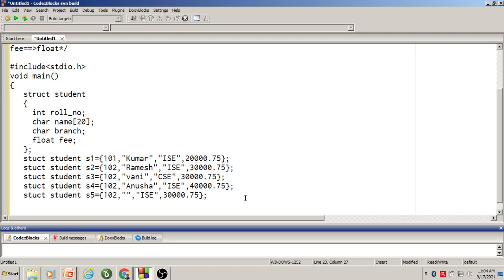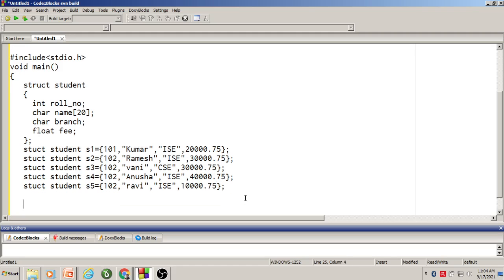The name is say Ravi, and the fees 10,000. So we have created a structure to collect this information, and 5 students' information I would like to collect here. Therefore 5 structure variables have been created, and each structure variable is assigned with these values.